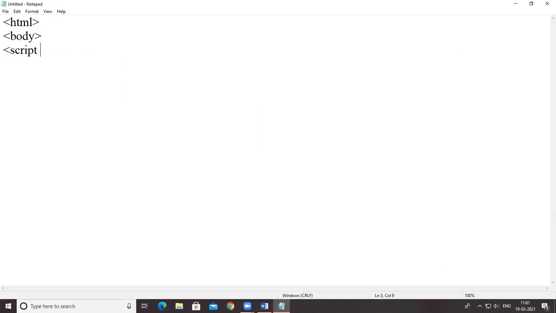Script. See here, take the variable dt. I'm taking dt here. You can use any name for the variable, just like d, dt, or any variable such as x, y, z.